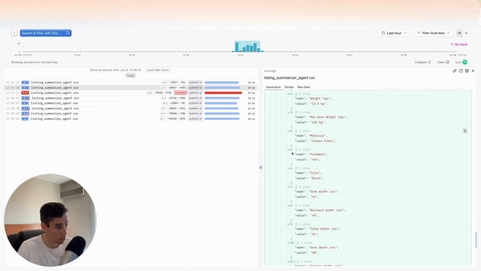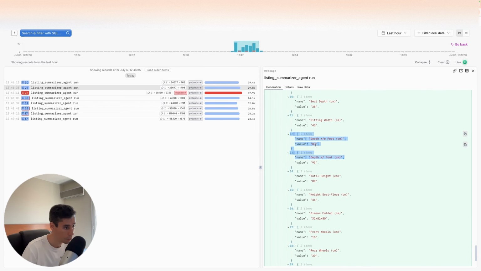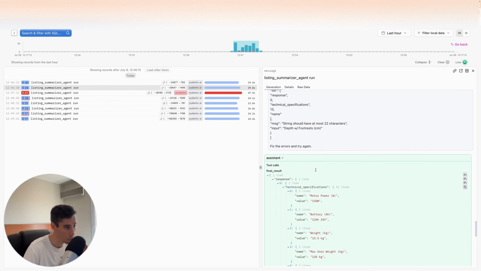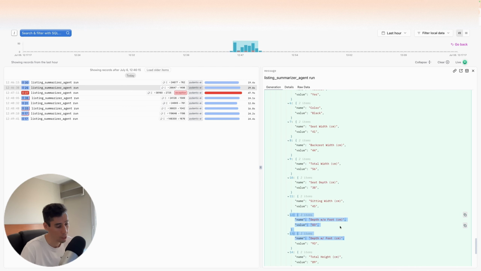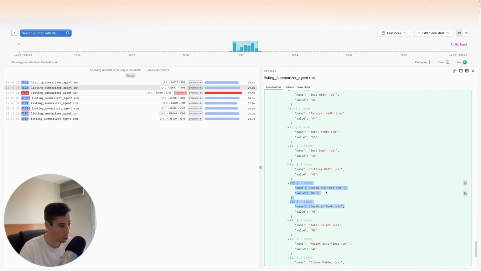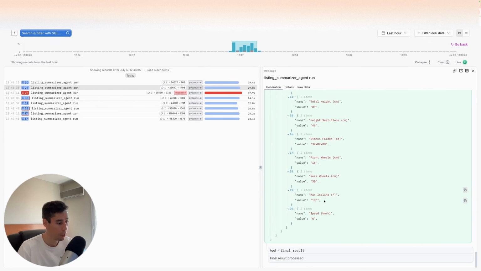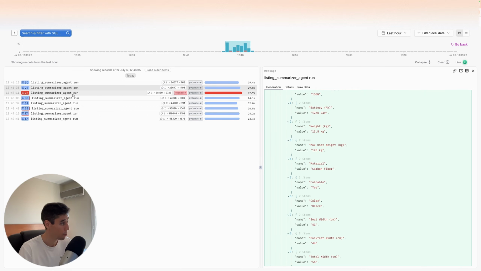The agent tries again, and here it has tried to make the attributes a bit shorter, depth with footrest. Okay, instead of footrest, it has put with or without foot. And finally, this result matches our expected output, that is less than 22 characters. Here we already see that in the third execution, that this was